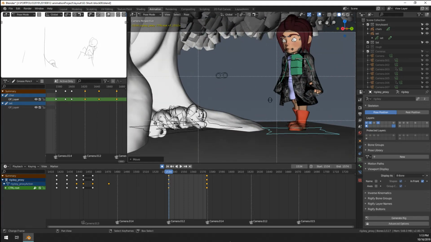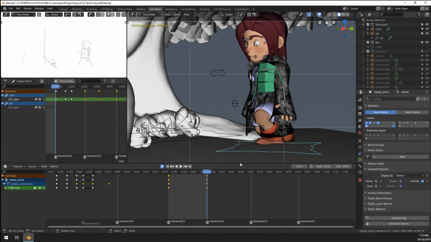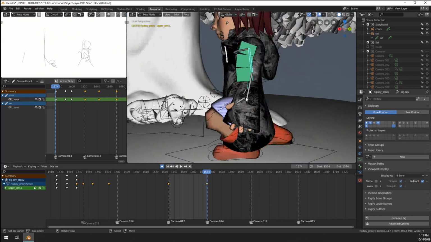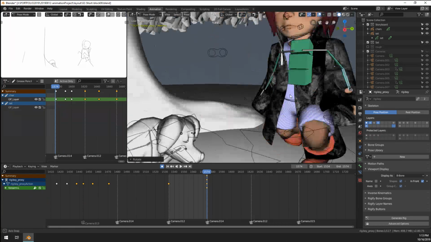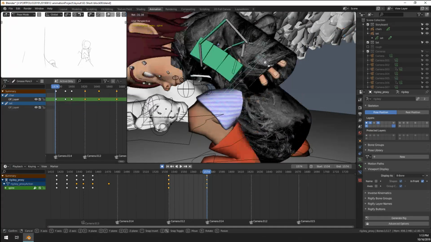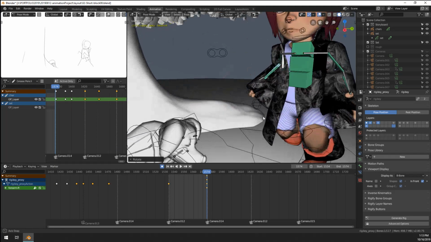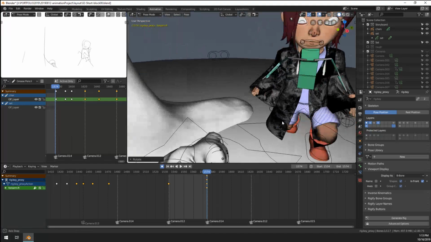And his head is being cut off here, but I don't think that's that big of an issue. And I think we want to have a little bit of a prepared pose here. Whoops. There we go. Like he's ready to grab